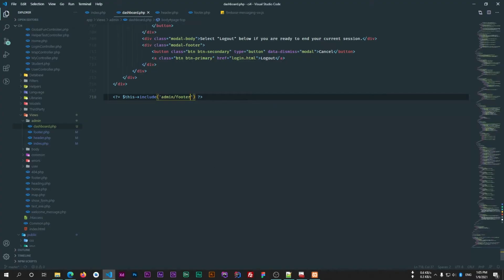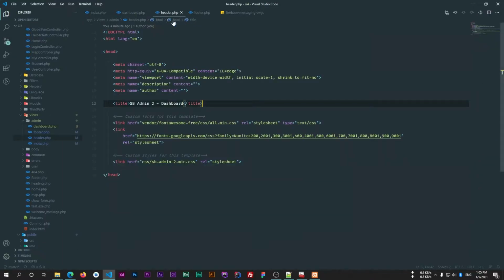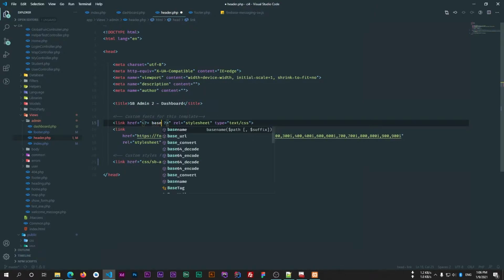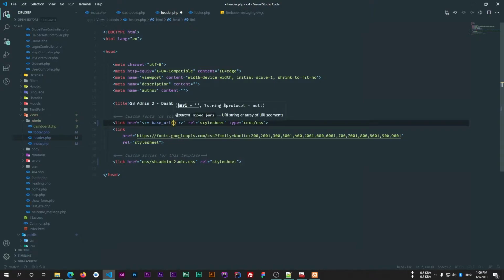URLs. So go to the header.php file, and now we have to use exact URL. For this we can use base URL function, and we can pass our file here.